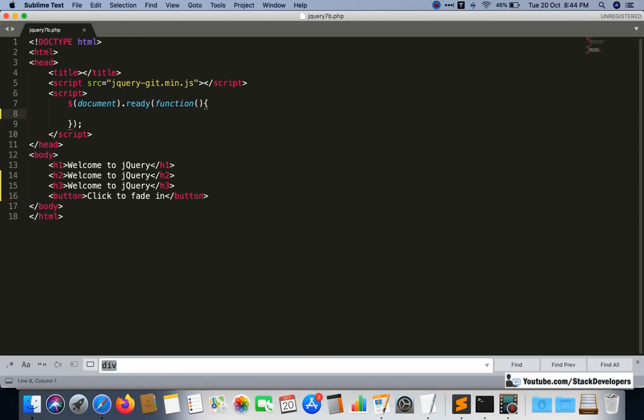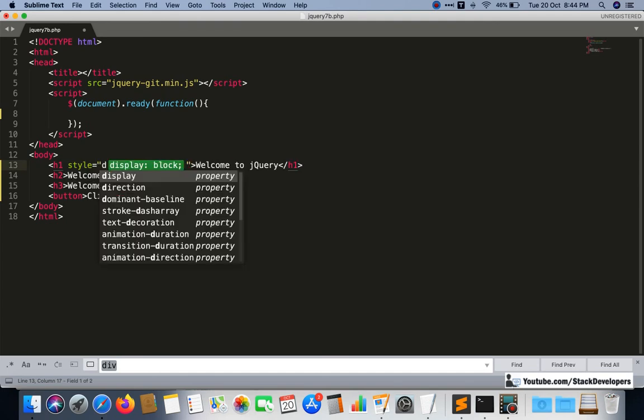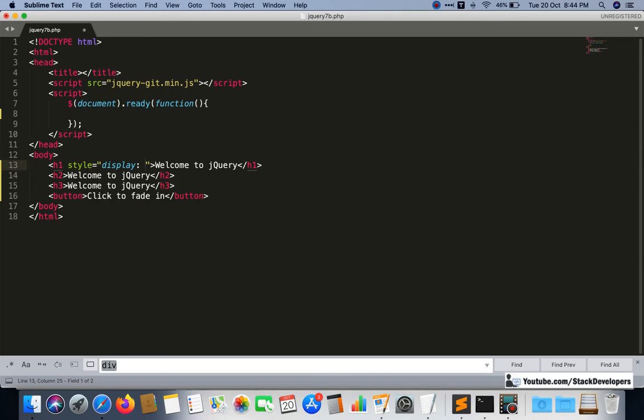Here, h1 I am going to give the style display none, because it is going to pick the hidden elements. First of all, we will not show it, but whenever we use the fade in effect, then this text will get shown.